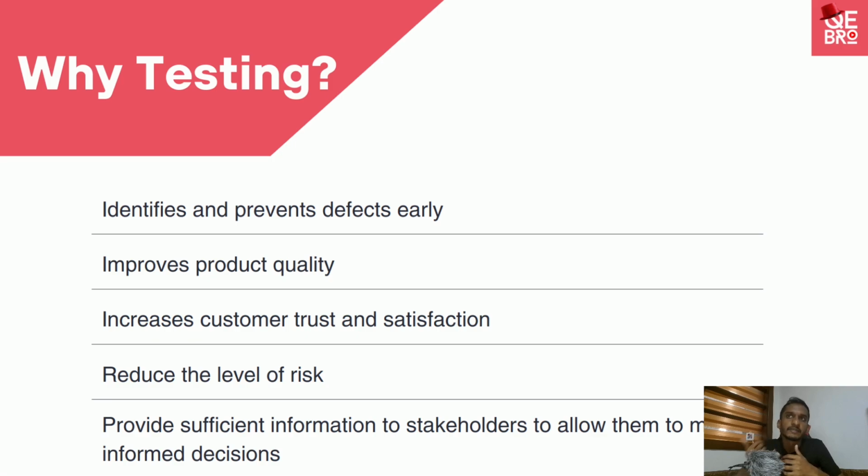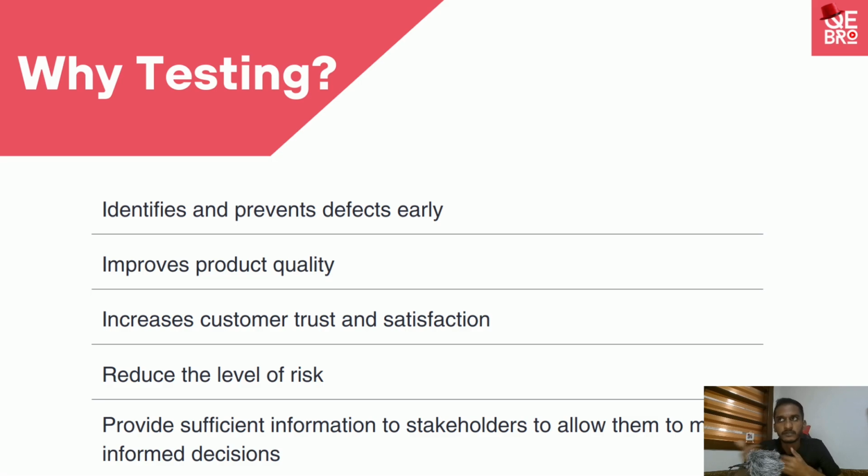If the product quality is improved, when our clients and customers are using it, they will face a very low number of issues. That means our customers' trust and satisfaction is high. Just imagine if you want to go to your favorite social media application, and when you try to post something it fails, how would you feel? But when you log into your application and do your normal activities, you can achieve those. And let's say we also have 99% uptime. So you are very satisfied. That's why improved product quality means the customers' trust and satisfaction is high.